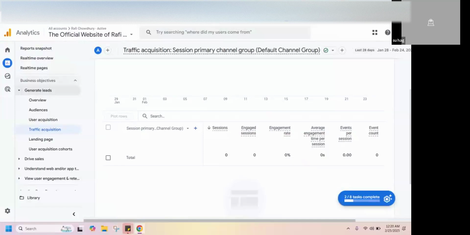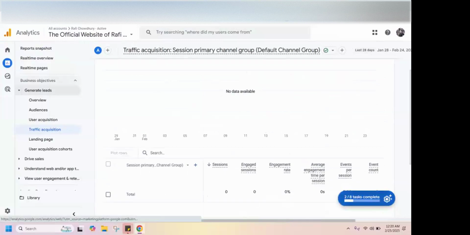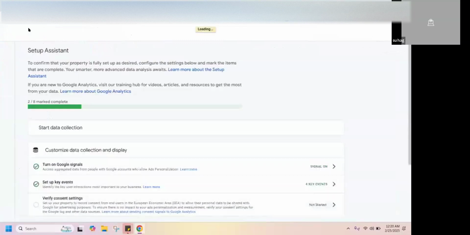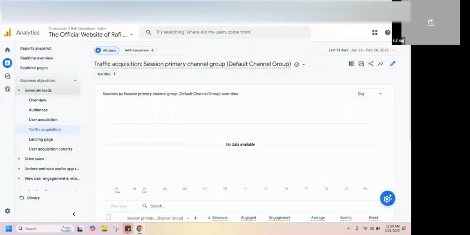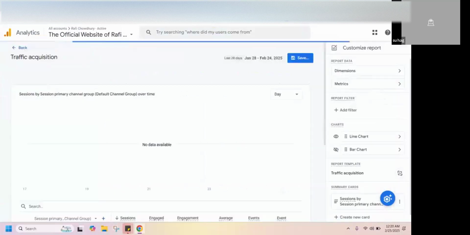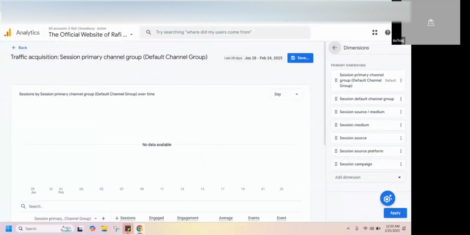Then you can customize these things here. Scroll up. If you click on this, dimension, metrics, lots of things here.